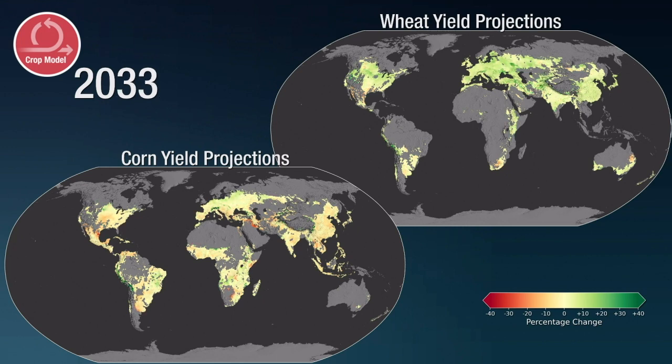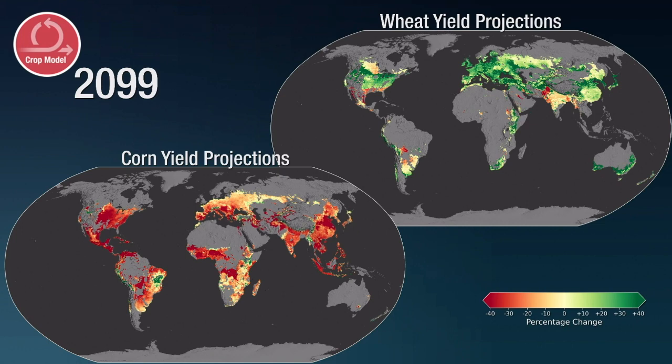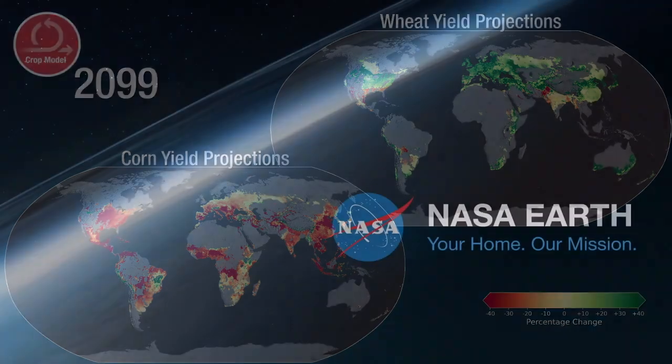project the climate conditions, in other words, the temperatures, the rainfall, the kinds of conditions crops will be facing, with the aspects of the model that humans control, the what we plant and the how we manage it. Now in this projection, we're holding constant what we plant, where, and how we manage it. And we're running into the future environment that we're going to see. And this starts to show you where you might expect to see pressure on, in this case, corn yields and wheat yields in the future.